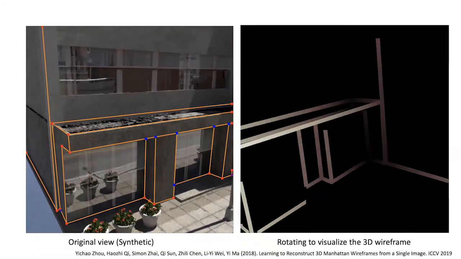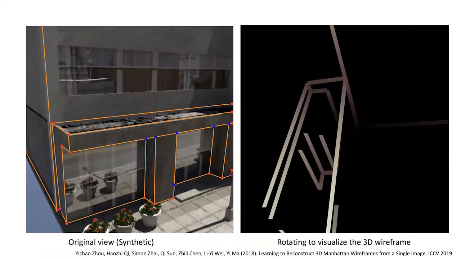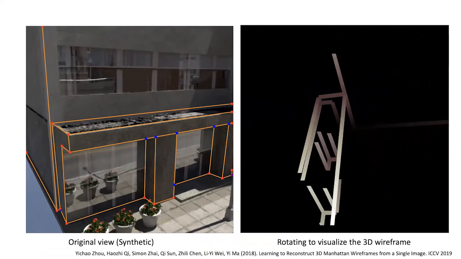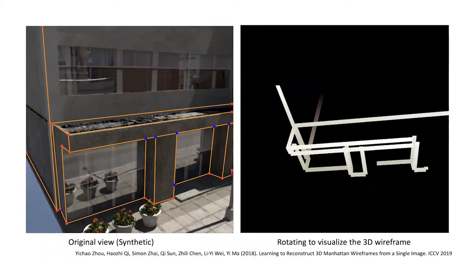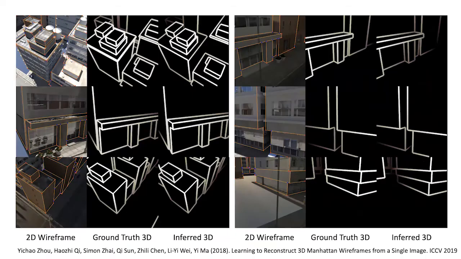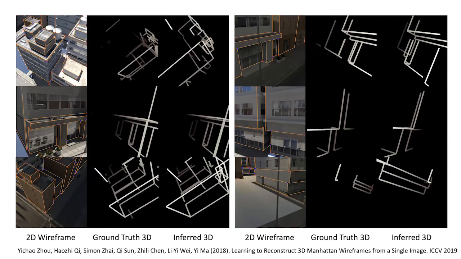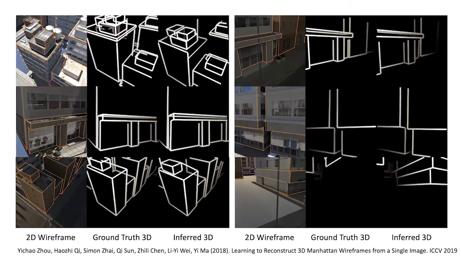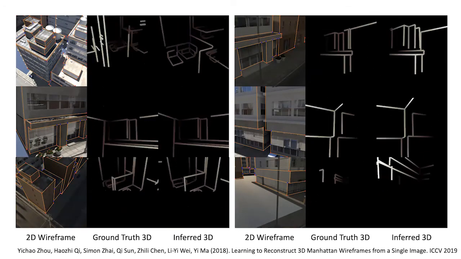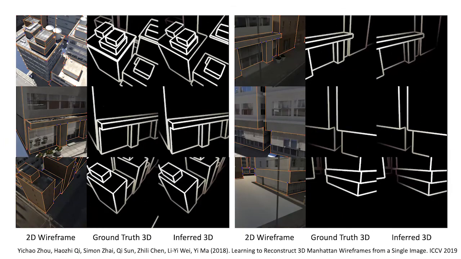And if you can reliably detect those ingredients, junctions, lines, and also their relationships, you should be able to do this kind of inference. And actually, this is a trend on the synthetic data set of about 10 blocks of city. And you actually can see the ground truth and the inverse 3D, just like any other papers.